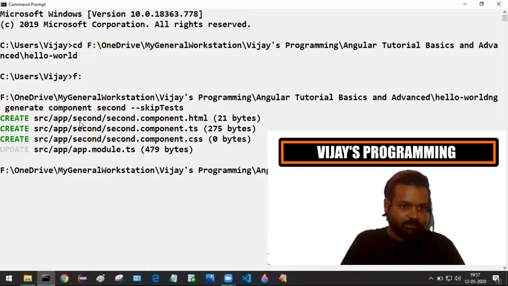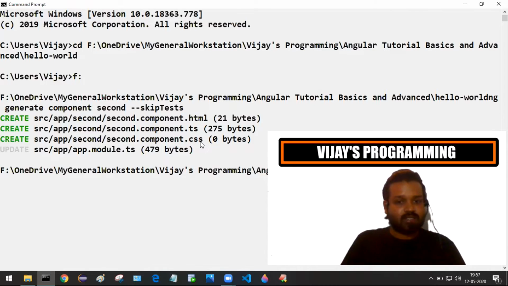Totally 3 files have been created by Angular: second.component.html, second.component.ts, and second.component.css.